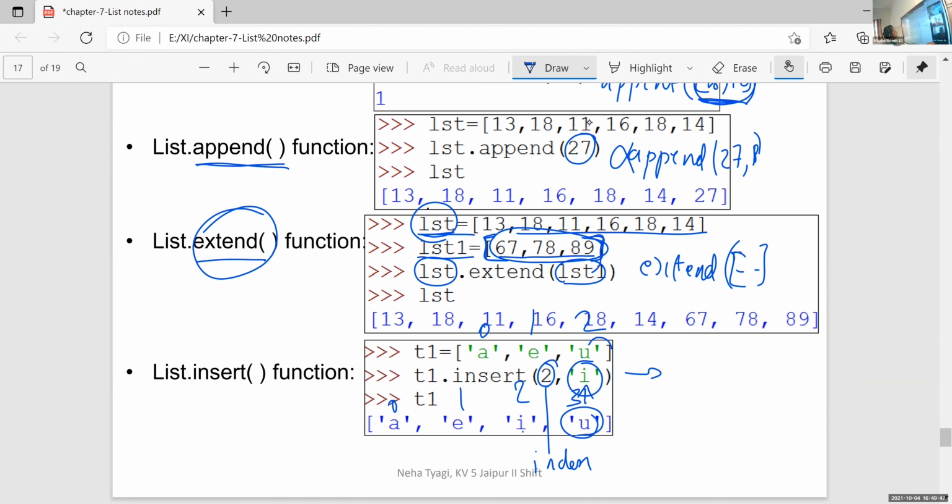Rahul, what is the answer, Rahul? AJEU. What, Rahul? It's not clear. How can we insert J in first position? Which statement is used?